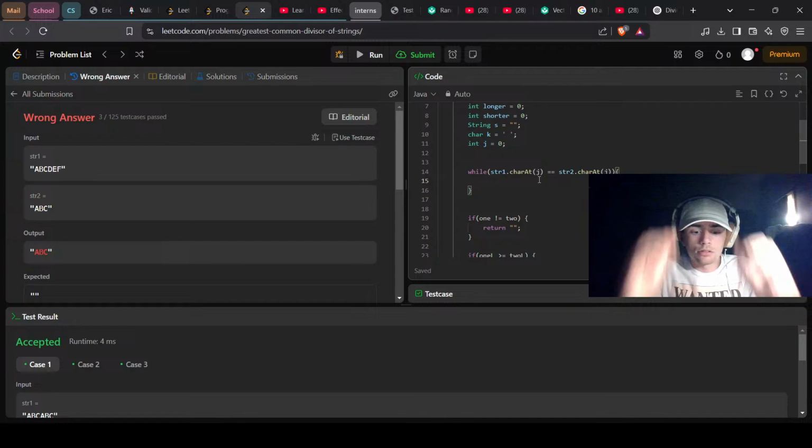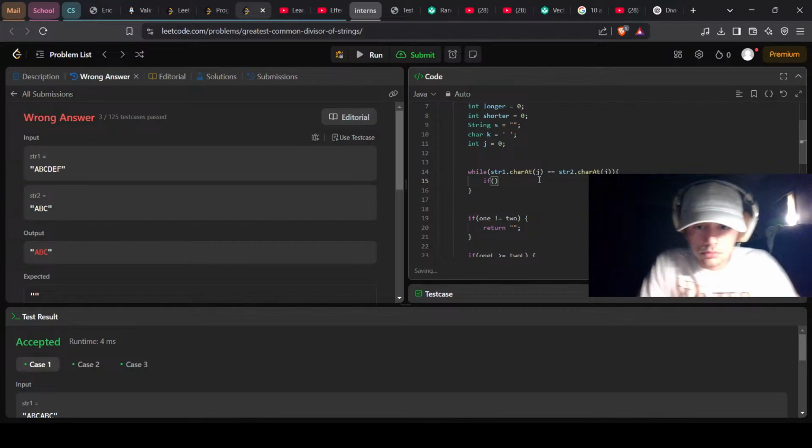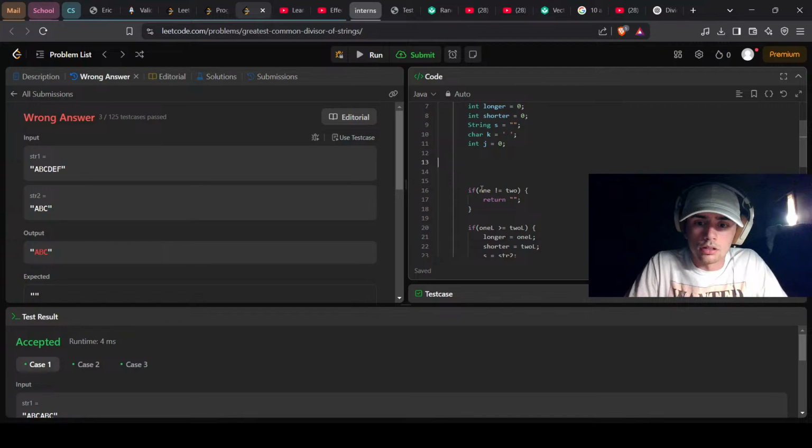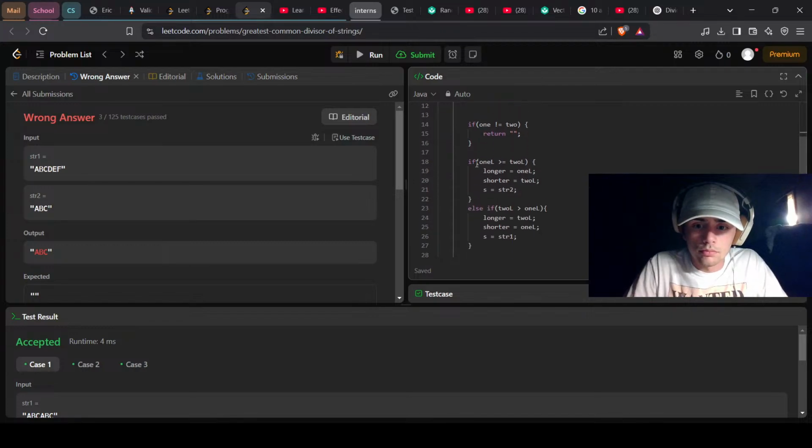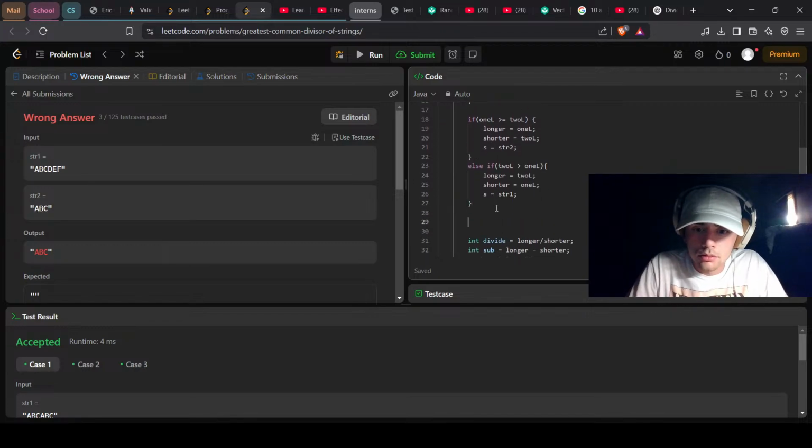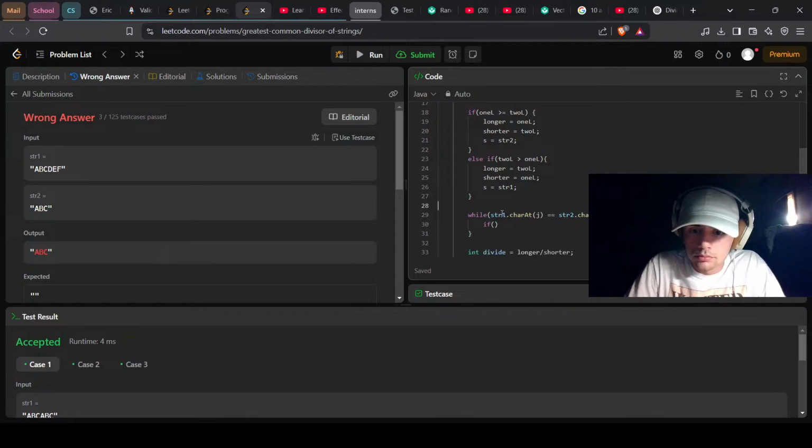So they're equal at 0. I should do this down here, should I? While the first two characters are the same, we're going to do if